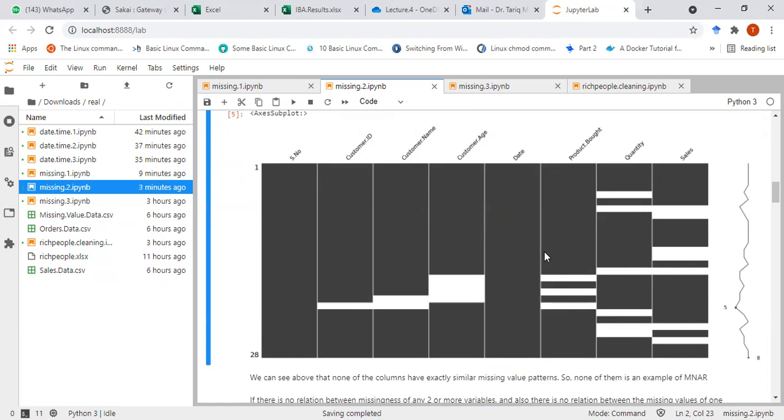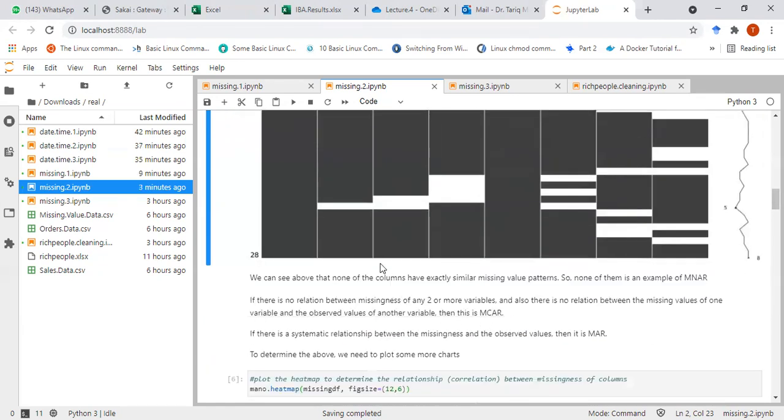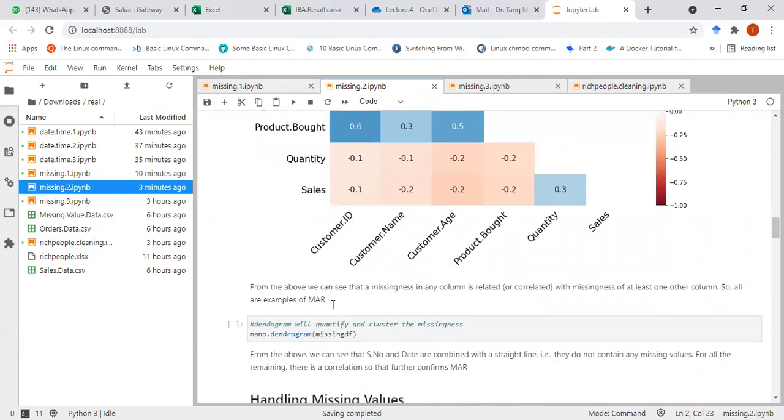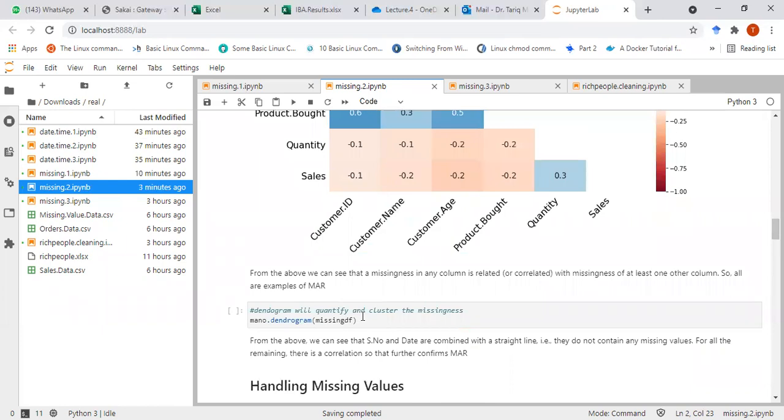Oh, okay. Please try to understand this. It is going to show me कि किन columns की missingness आपस में ज़्यादा correlated है. That is what it is going to show me. Which is the pattern of missingness which is most correlated. Okay, so